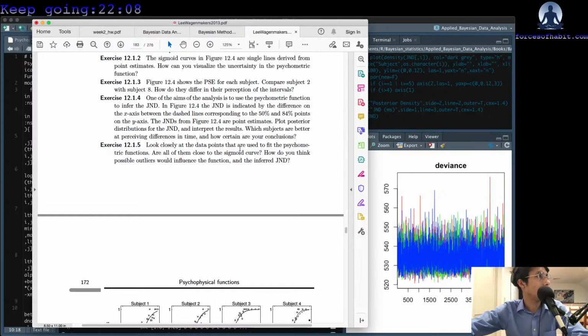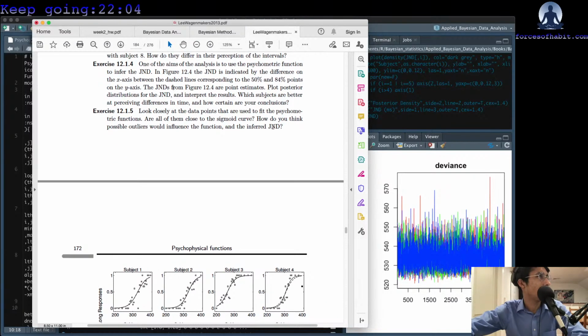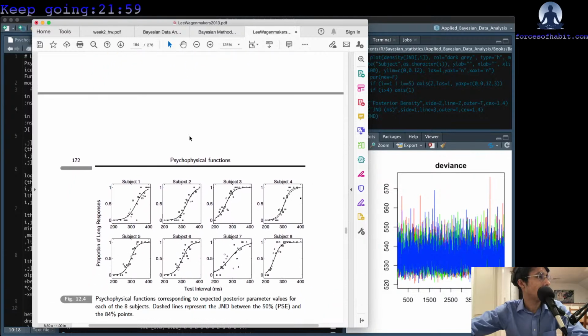Look closely at the data points that are used to fit the psychometric functions. Are all of those close to the sigmoid curve? And how do you think the possible outliers would influence the function? Well, some of the points used are not close to the sigmoid function. And bias in the sigmoid function, like here, is going to influence the curve. If the curve shifts leftward, like in this case, or rightward in other cases, then we're